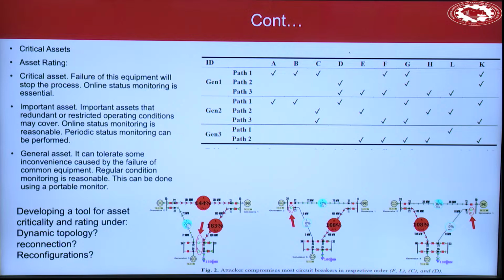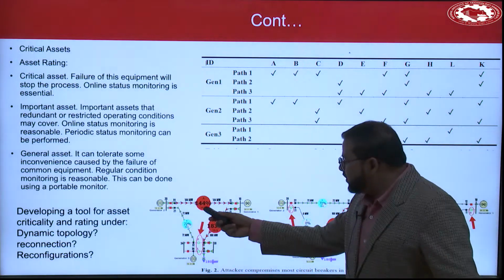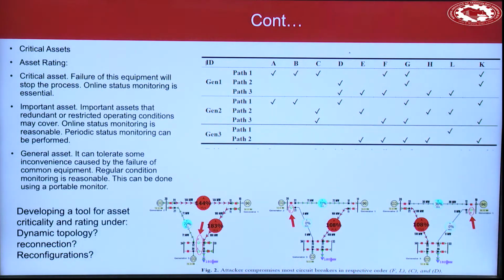If they are open and there's an attack that can close them, how will this impact? If a breaker is closed, what if someone opens it? How will this impact it? So we did some experiments to reflect this. Generally, a line should be at 100% maximum overload. It should always be less than 100 so that you have some capacity. If there's a huge demand, you can fulfill that. But if it is already 100 plus, the line is already overloaded, and you don't have capacity to meet the requirement, right?